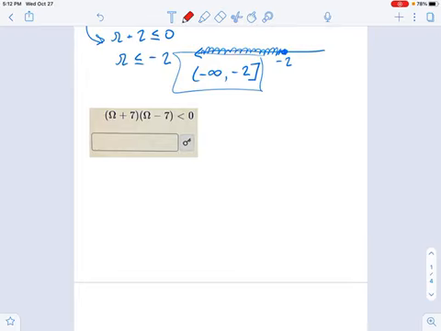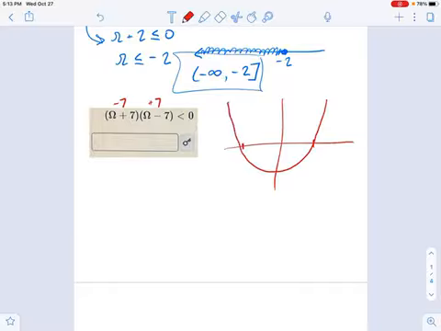We could graph it, for example. We could draw a graph and say, okay, well, what do I have here? I have an intercept at negative 7 and an intercept at positive 7, right? Negative 7, positive 7 are my x-intercepts. And it looks like it's going to be a positive even function, something like this, where my y-intercept, this is not to scale, by the way, is like negative 49. We've talked about this in graphing polynomials.